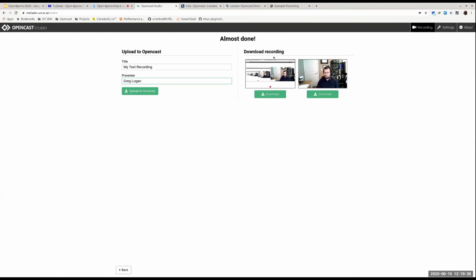And this is the cool thing. When it says download recording, what that actually means is save it from the browser's cache to your local disk. At this point, nothing has been sent to a server anywhere aside from the requests for the files that are actually in use to render this. Until I hit upload, nothing has been sent to the server, which means it's incredibly scalable. This is not a large application that I've downloaded. So all of your faculty members can use this at once. And as long as they don't all hit upload at the same time, you will probably be fine. Chances are, if you're on a campus network, you'll probably be fine anyway.